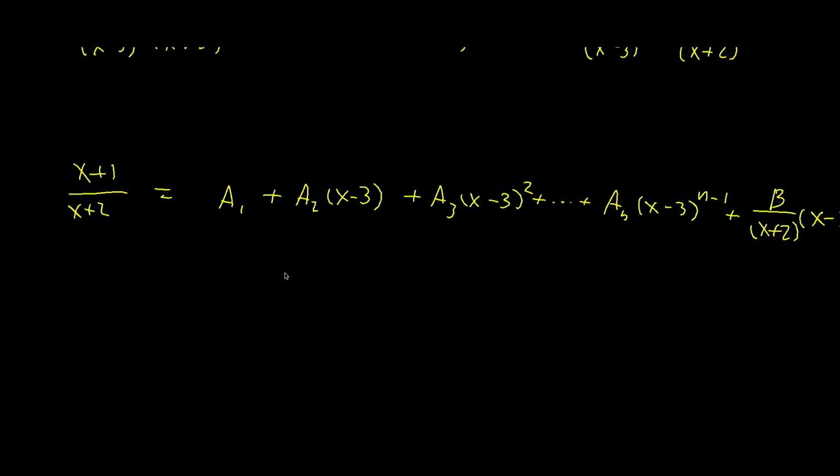Alright, so we can solve for a1 by substituting the root, and then we can solve for a2 using the derivative of this, because this will go away, and then when you substitute this, all of these will still have an (x minus 3) term. So we can solve for each of these by taking the nth derivative of the right hand side. So, the an